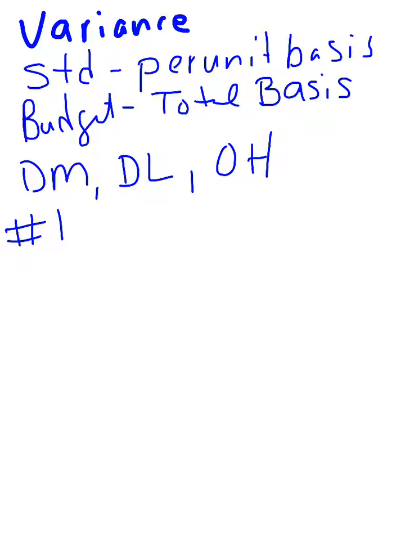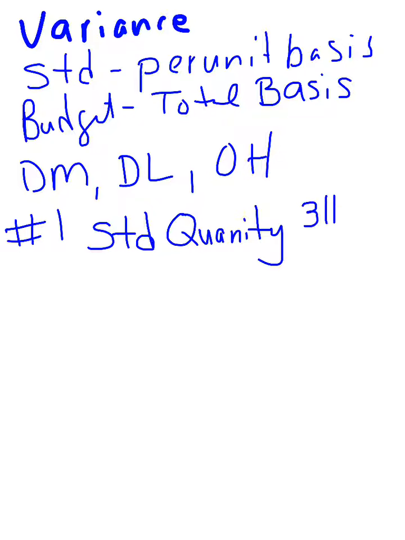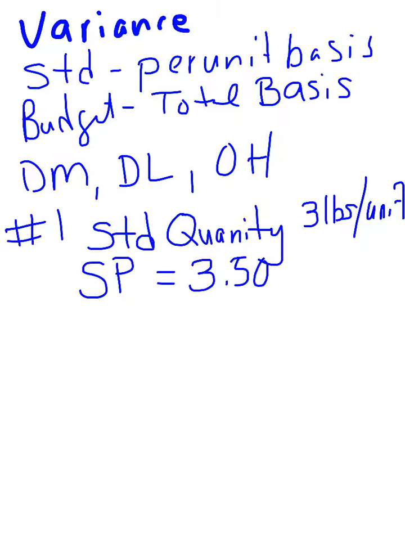The information that we have is a standard quantity of 3 pounds per unit. We also have a standard price, and our standard price here is at $3.50. We will have an actual number of pounds,